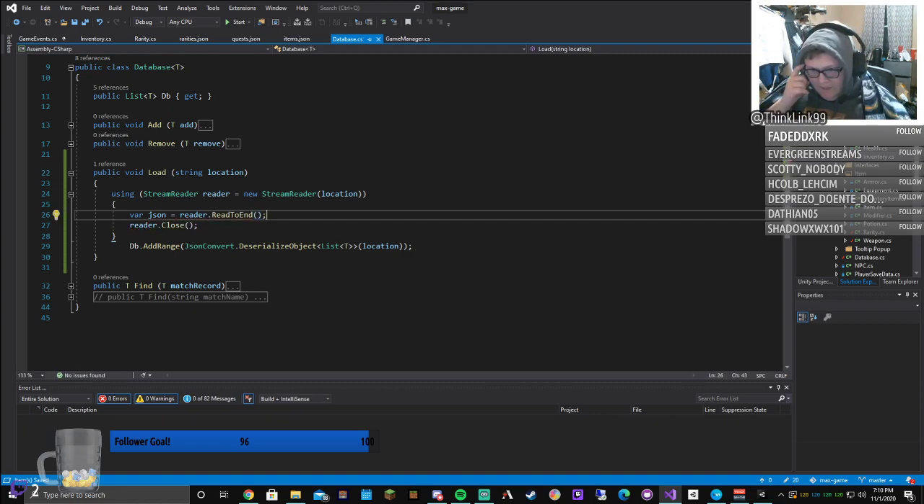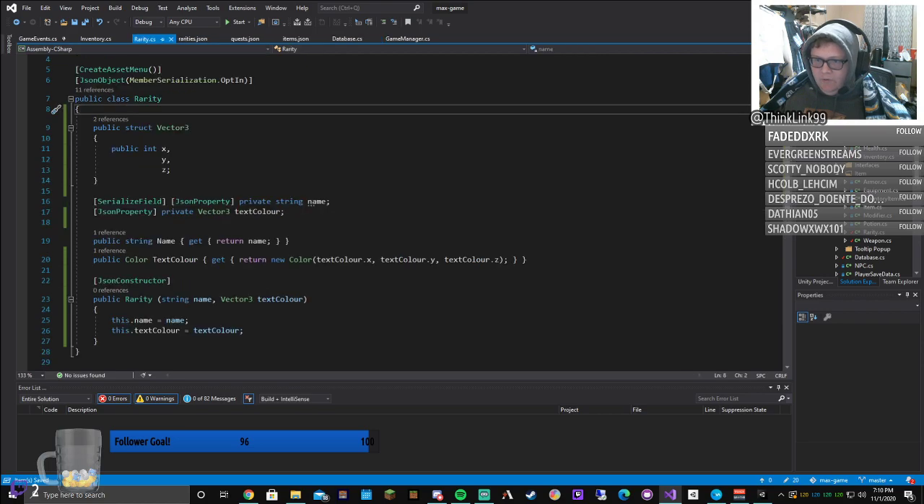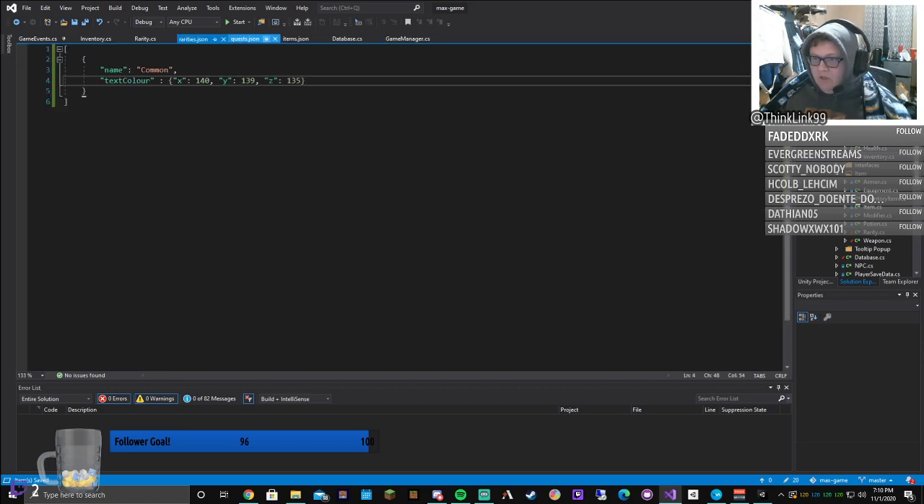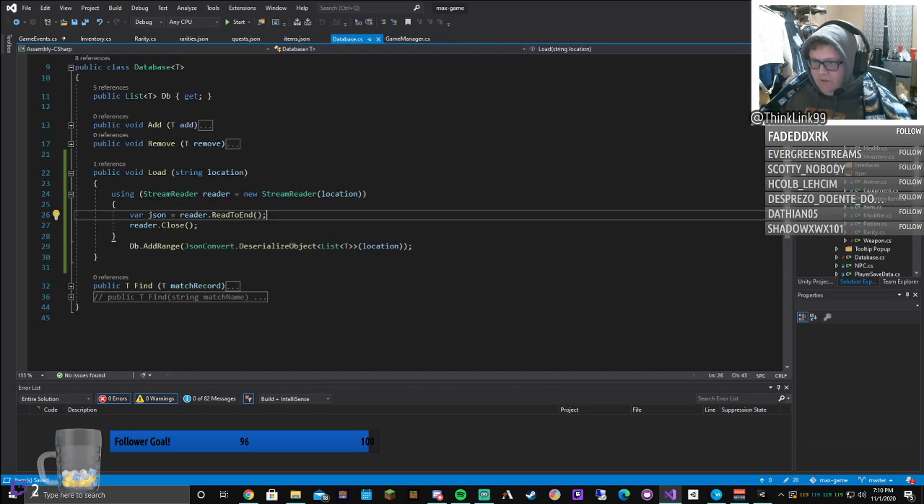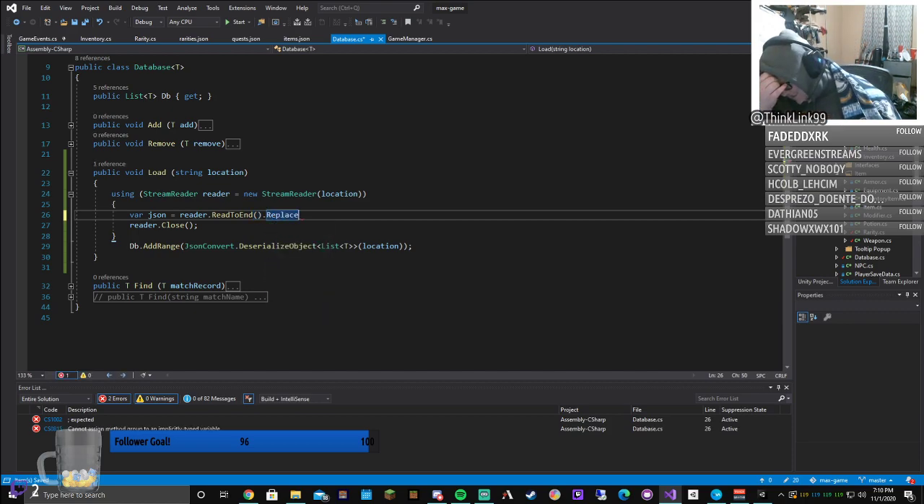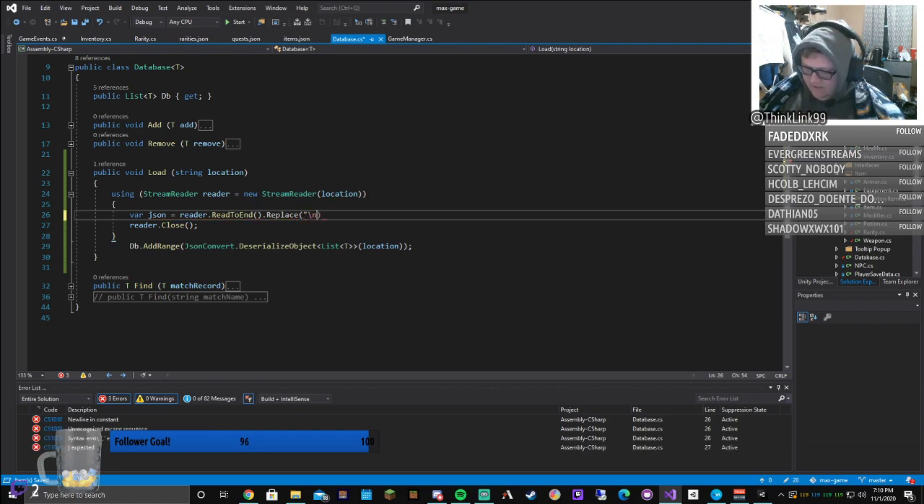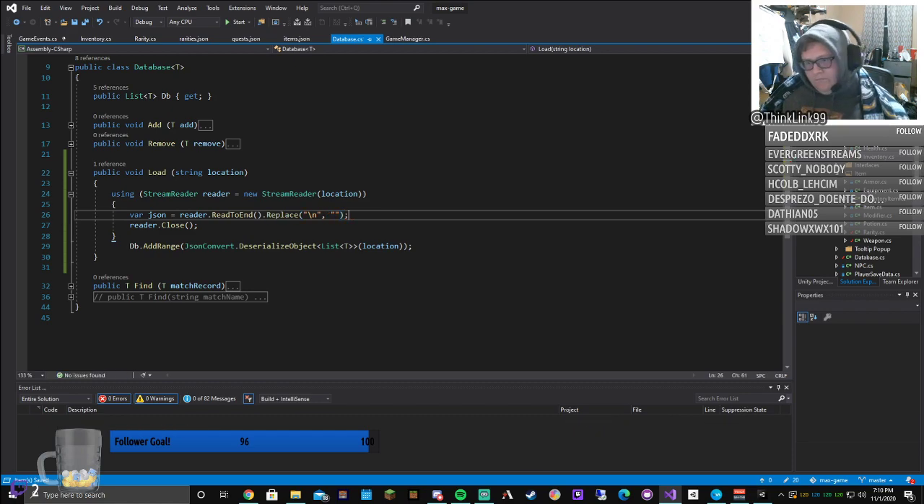Usually I use ReadLine, but because I'm writing these in a way that I can read them as a human, ReadToEnd works. That'll just give me the same string value. Just in case, we're going to replace any line endings with nothing. So you can't have line endings in description, but